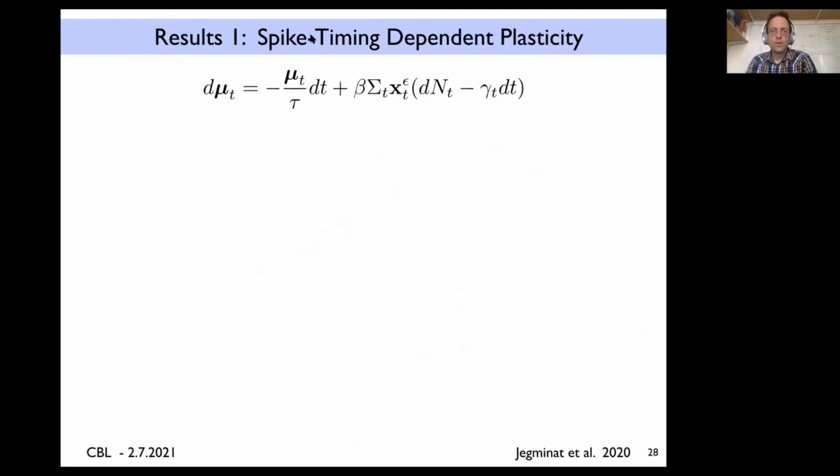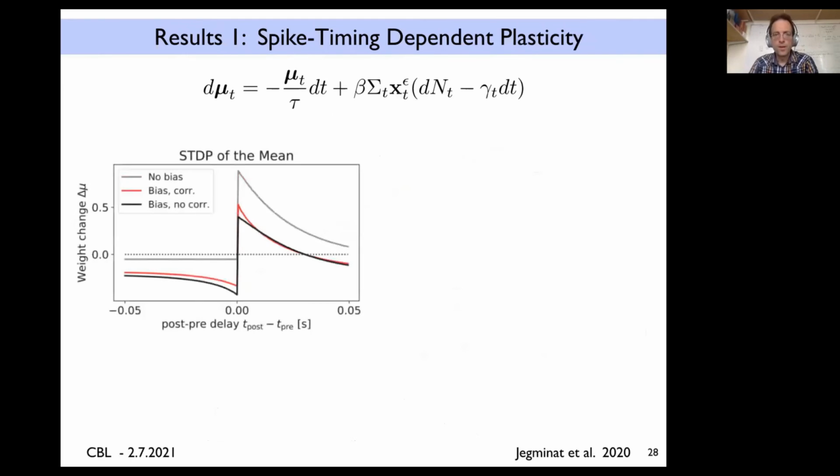Right, and so now you can also analyze this rule, right? Having worked with Wolfram on spike-timing dependent plasticity, I couldn't resist also analyzing a bit what would happen if you have a different timing between the pre and the post-synaptic spike. So if you have a pre and then a post, this leads to potentiation, right? And if the timing is reversed, you have depression, where the potentiation time window is really given by the EPSP time constant, right? And the time constant of the negative window is given by